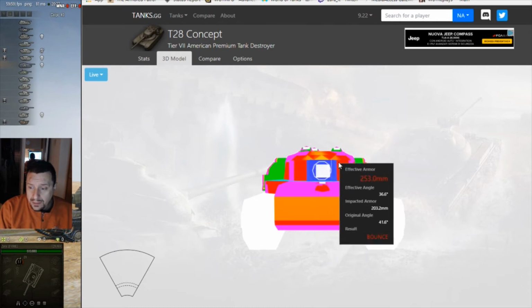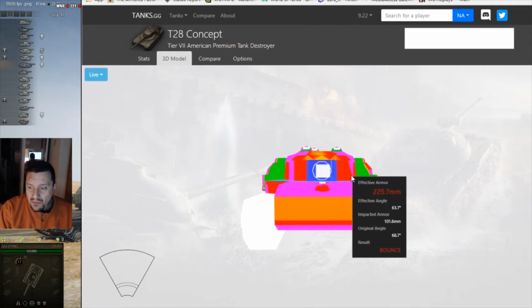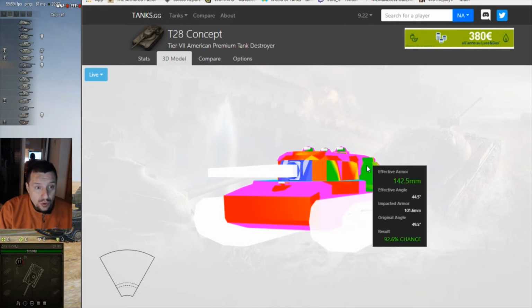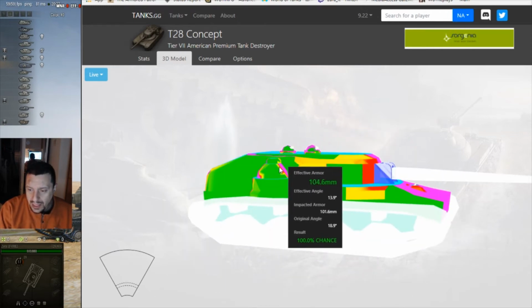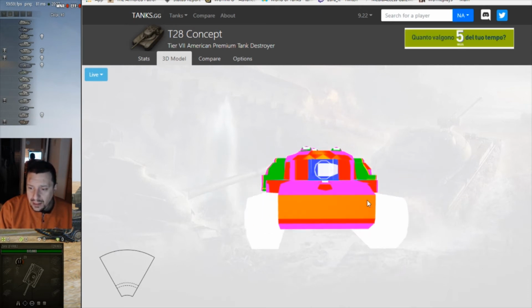Around the tower, the turret, I read very good value. And the armor of this tank is pretty damn amazing. But look at this massive weak spot. Those two cupolas with the small machine gun are going to ruin the armor of this tank, but